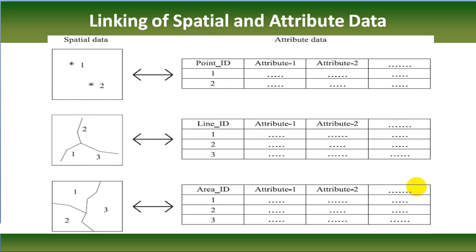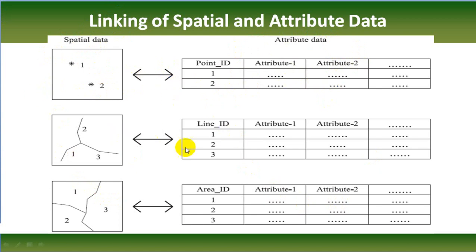And the final one is this. Once your spatial data is ready, this is your spatial data, this is your attribute data. Both can be prepared in GIS software, or sometimes we prepare spatial data in GIS software and attribute data in DBMS software or in Excel, whatever. Ultimately, once they are prepared, they should be linked or joined with each other.